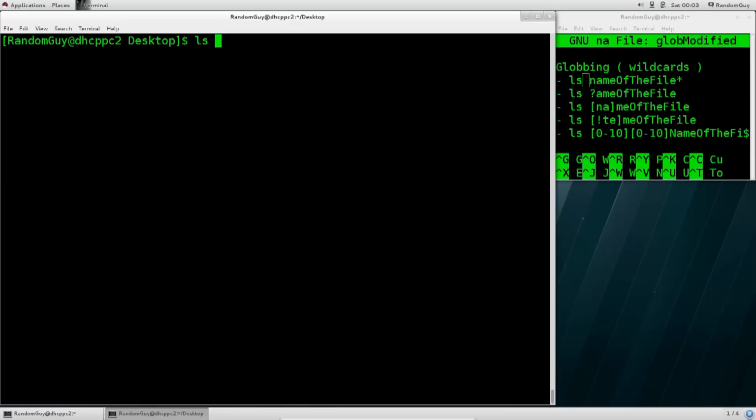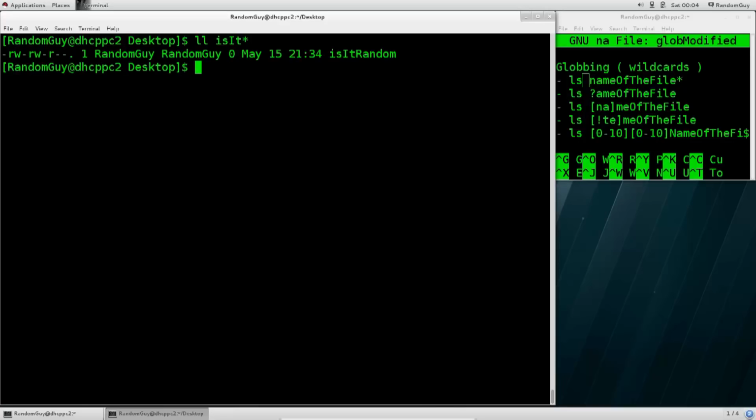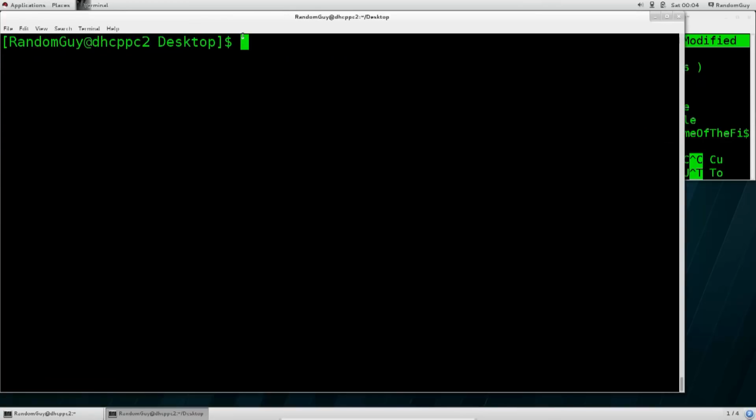You would type in ll is it, and then I would put in an asterisk. I get the same output. Now what does this mean? Basically what you are telling the computer with this command,